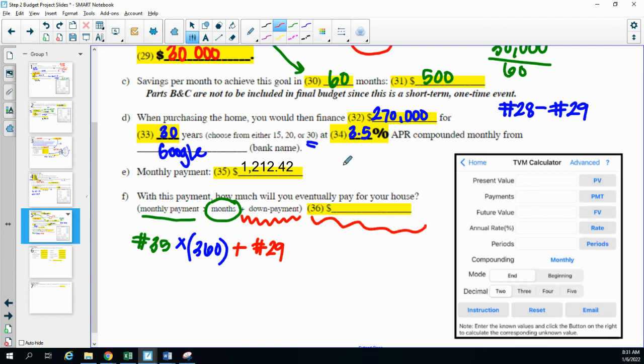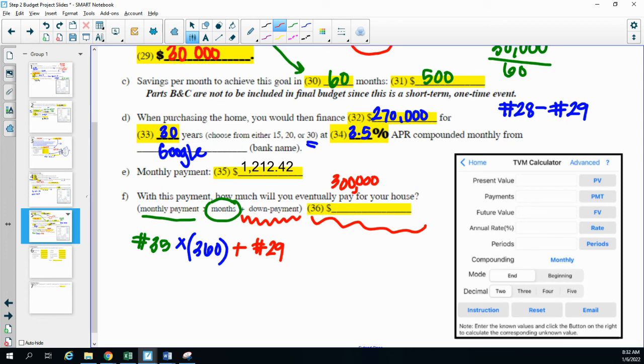This should be more than the cost of your house. My house was $300,000. This is going to be significantly higher than that because of the interest that I'm paying. So I would do 1,200, and you just do this in a regular calculator. Whatever your payment is. Mine is